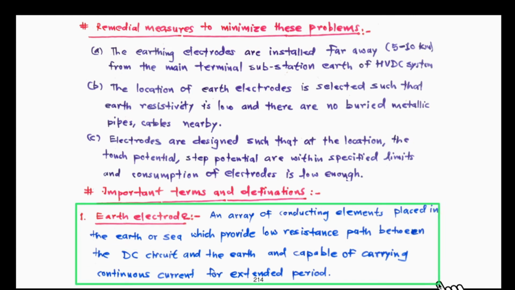Earth electrode is basically defined as an array of conducting elements placed in the earth or sea that provides a low resistance path between the DC circuits and the earth, and is capable of carrying continuous current over an extended period of time. So very important, right? It is an array of conducting elements,